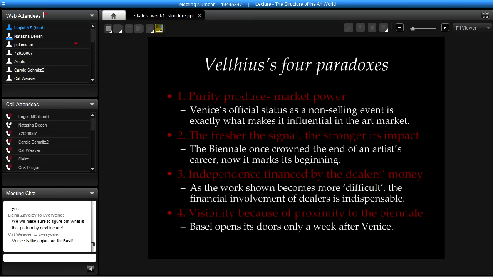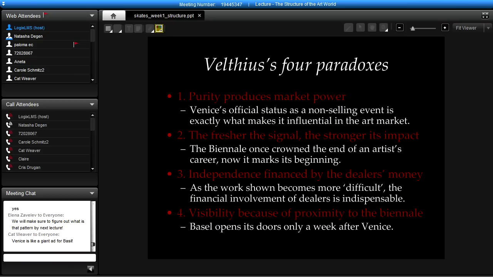However, now commerce is completely taboo, and even though business may be more circumspect, there are some instances of national pavilions where every work was sold prior to the biennial. There is at least the pretense that this is a non-commercial, non-profit, and thus more legitimate event. However, some people say, see it in Venice, buy it in Basel. There still is clearly this commercial component, even if everyone wants to ignore its existence.